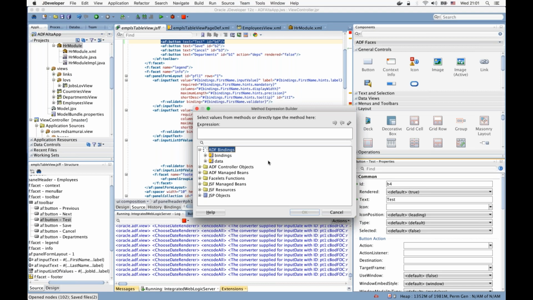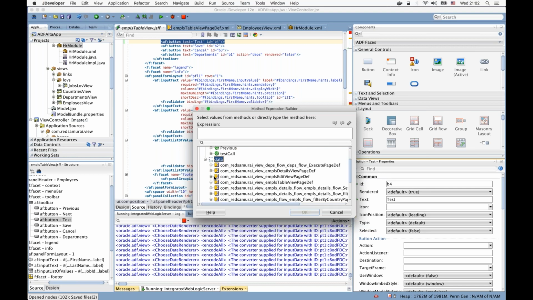And actually, important thing to explain the difference between this bindings and data thing. So why we have those two? So to be simple, bindings under bindings grouping, you always would see the entries that are coming from the page definition that is related to the current fragment. So under bindings, you see everything which is in the context of the page definition for the current fragment or page. And on opposite, under data, you would see the list of all other page definitions that are available in